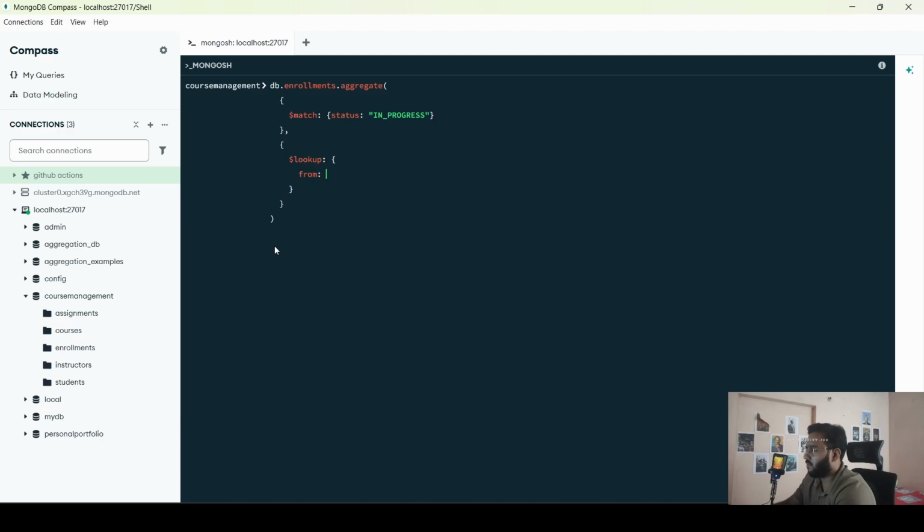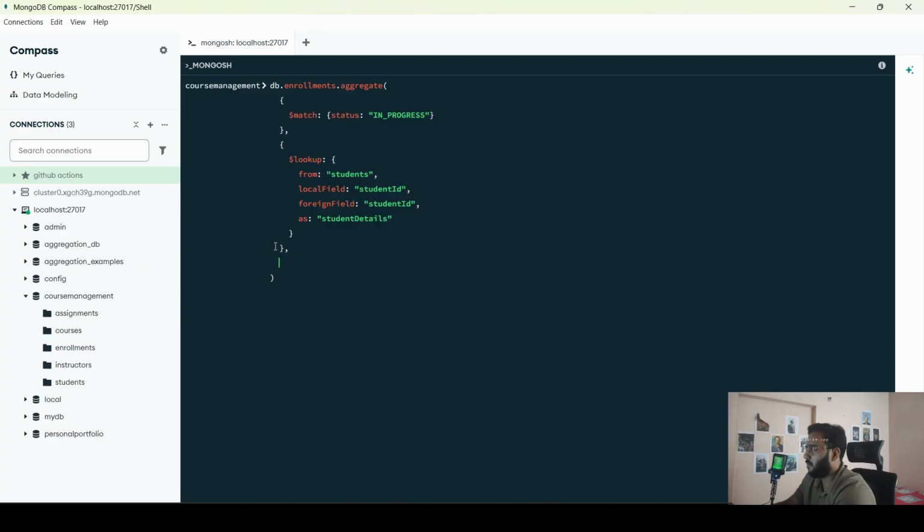So from students, so we will be applying localField as studentId, and foreignField will be the same as studentId, and alias of the result as studentDetails,